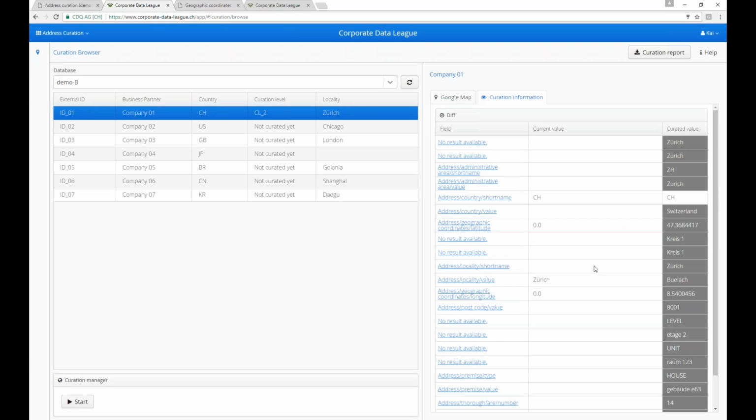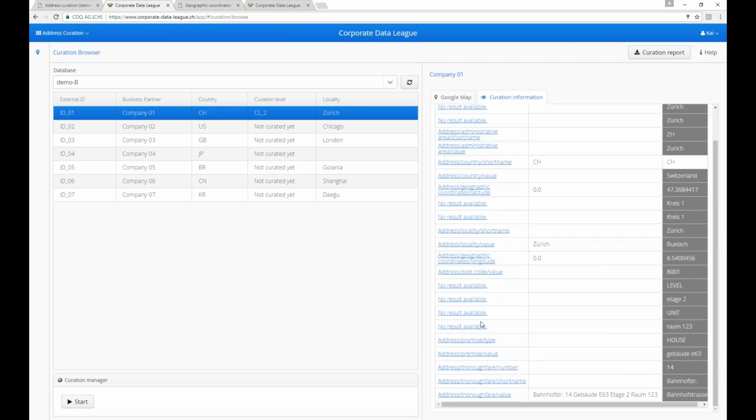But if you go to the details, you also see, for example, that, and yes, it's bad that we do not see the labels here, but you see here that the curation engine understood the house, for example. It understood that Gebäude is a house, a building. It also understood, for example, the level, right, like from Etage, and also the room information, and puts it in particular fields